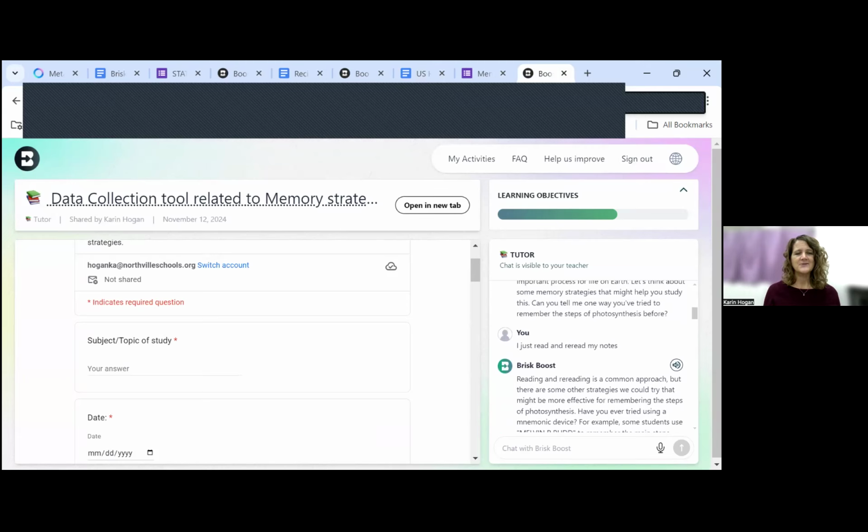So it kind of gives the kids the tool to be able to use the strategy, or it gives them the knowledge of how to go about learning how to use that strategy, which is something I do with them in my room, but then I feel like I'm just giving it to them and they leave my room and they're not really sure what to do. So they can actually go home and do it on their own and log into this anytime. I actually was working with a student yesterday who